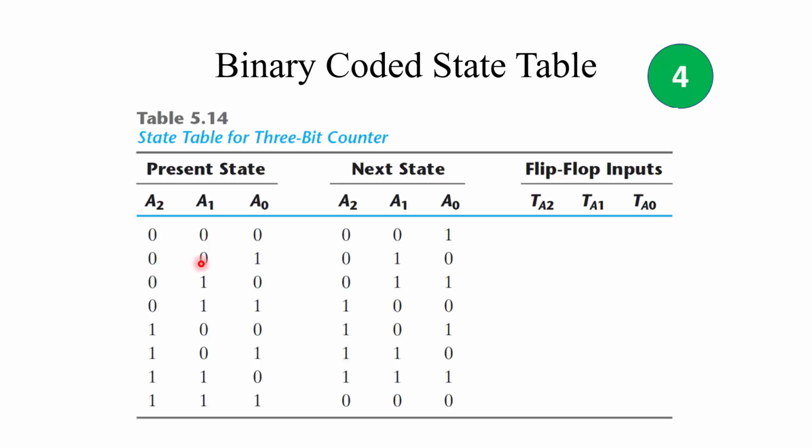के नेक्स्ट क्लॉक पीरियड पे टॉगल करेगी। For example toggling here, then it remains the same for one period, then toggles again, then remains the same for one period, then toggle again. तो TA1 भी इसी तरह 0101 टॉगल करता रहेगा। ओके, और फाइनली A0 में आप देख रहे हैं कि तमाम स्टेट्स में ही प्रेजेंट स्टेट टॉगल कर रही है नेक्स्ट स्टेट ऑब्टेन करने के लिए, तो इस वजह से TA0 will be high for all of the inputs। ओके, तो ये हम फिल इन कर सकते हैं।